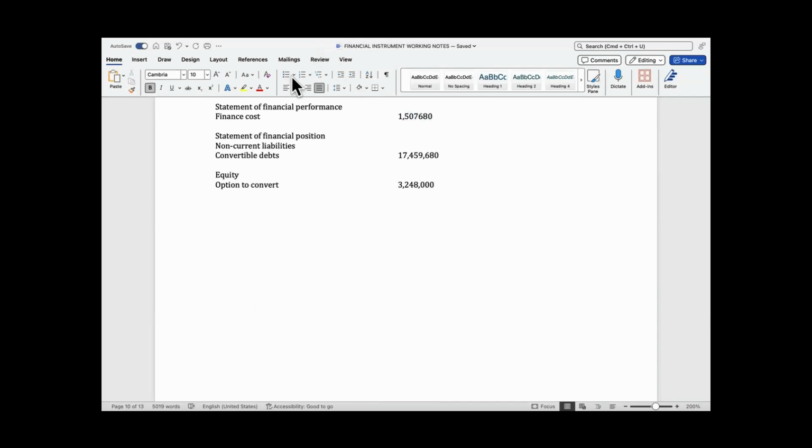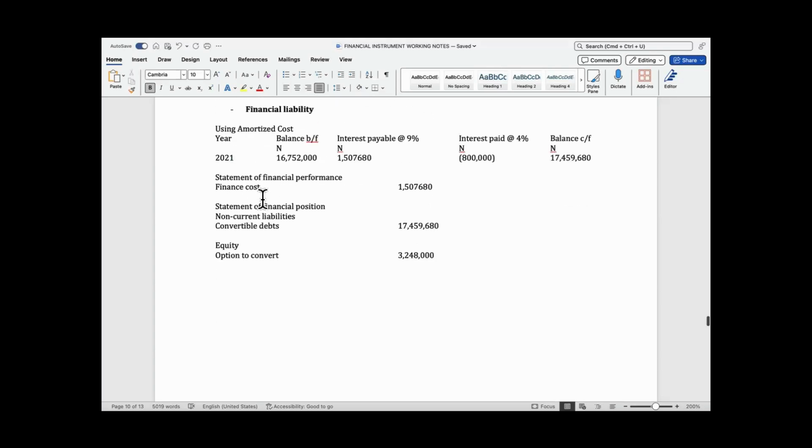So what I'll do now is just to solve questions for you on most of these principles I've been teaching you. Ordinarily, the next thing is for me to teach you impairment of financial assets, but I will not go there this evening. So let's just solve some questions. But before then, let me be sure that you understand that